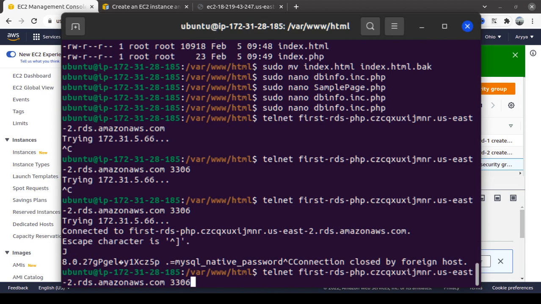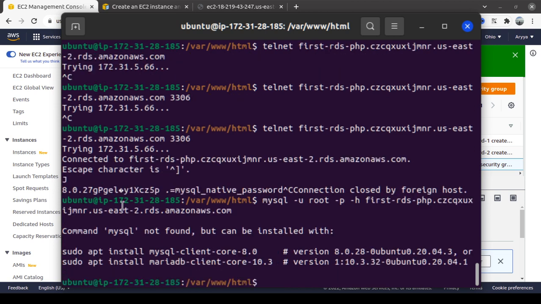So let's try the MySQL command. Basically we need to check with root, -p, and -h for the host. Okay, wait, I need to install one thing.